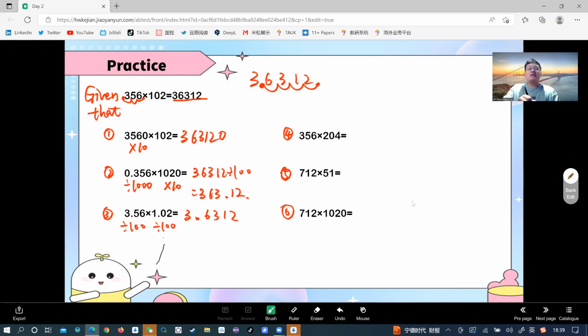Yep. So let's move on to question number 4 here. You see this one, we just keep that 356 unchanged, and we only change this 204. And actually we just times by 2 to the original number, right? So what do you need to do to the final result? You need to times the original result by 2. So what do you get? That should be